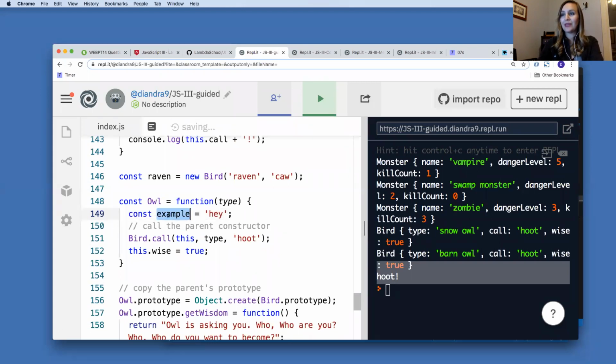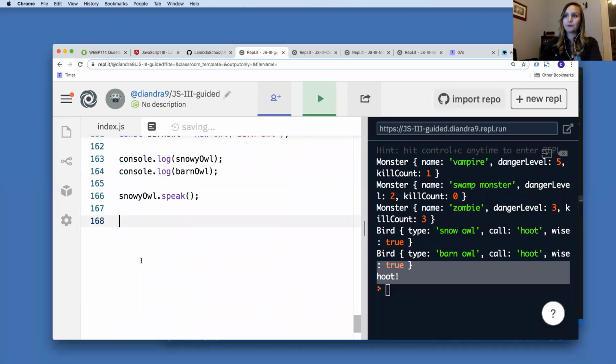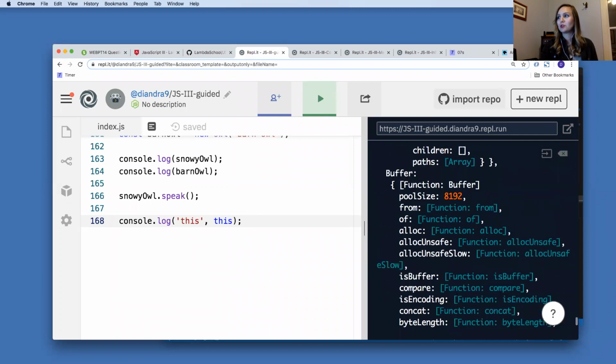So this would be a local variable because it's inside of a block. I just wanted to remind you about that terminology so we can talk about the global window binding. If I just went ahead and console logged the keyword this, what do you think it would refer to? I always said this is the thing before the dot, but now this is just out in the global context. So if we just use the keyword this out in global world, it refers to something called the